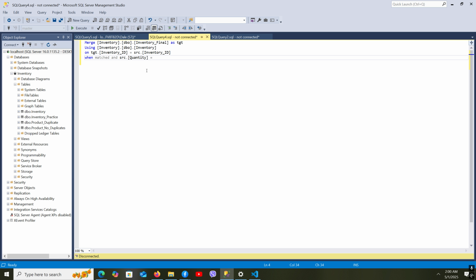If the source quantity is equal to 0, then we just delete. Nothing else, because we already specified the tables here, so we don't need to specify the table, unlike in the normal delete, insert, and update statements. Okay, now when not matched, meaning the IDs do not match, then we do something like insert